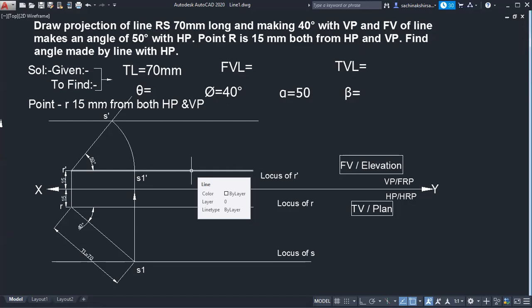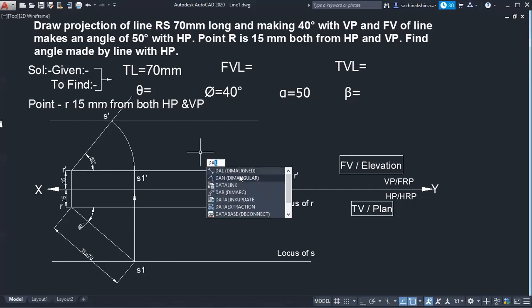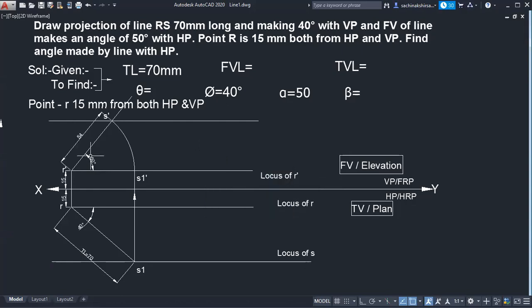Can you measure? Can anybody tell me what is that FVL? 55 mm. 55 millimeter. 55. Yes, sir. Okay, I will check now how much it is. From this to this length, accurately it is 54. It is coming in software. So 1 mm, okay, no problem. 54, 55 both are correct. So we got one answer.